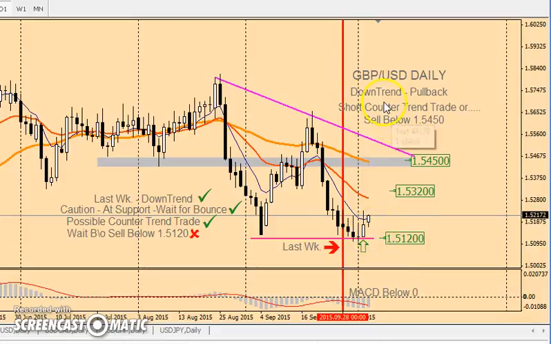Okay, this week price is in a downtrend. I still say it's a downtrend. However, we are in a pullback. So there is an opportunity for a short counter trend trade. In other words,